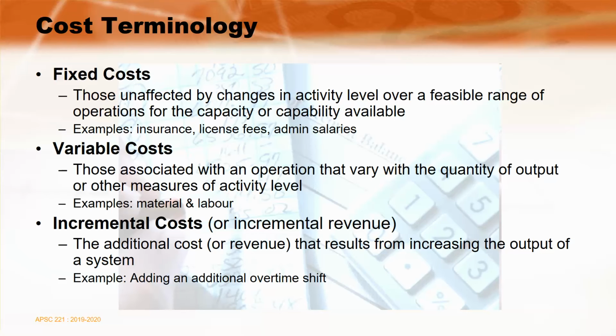Certainly administrative salaries, whether we manufacture, again, 10,000 or 10 million cans of paint, we're still going to have to pay somebody at the reception desk. We're still going to have to pay for someone to do sales, and all of those things are typically what is classified as a fixed cost.